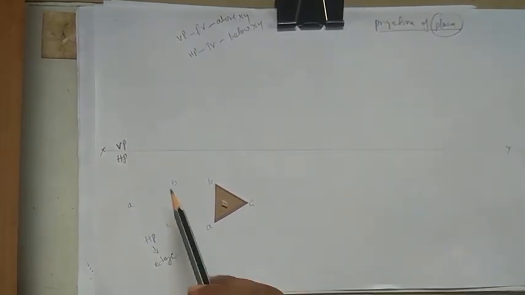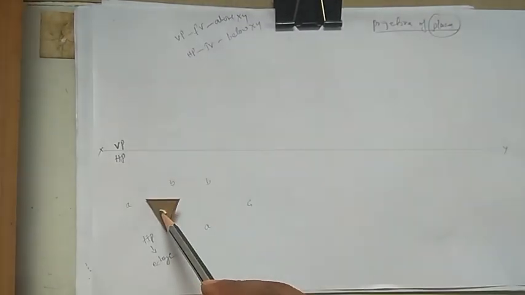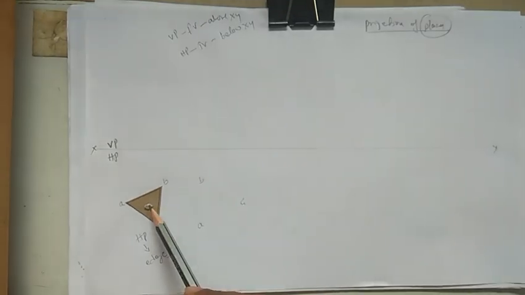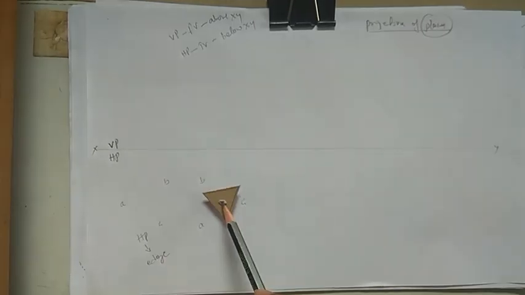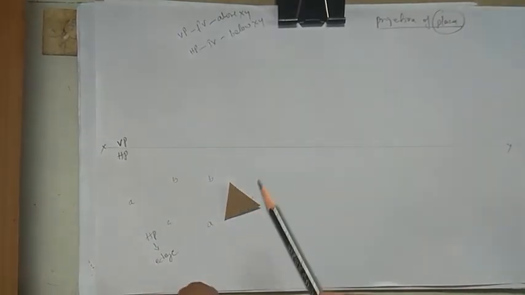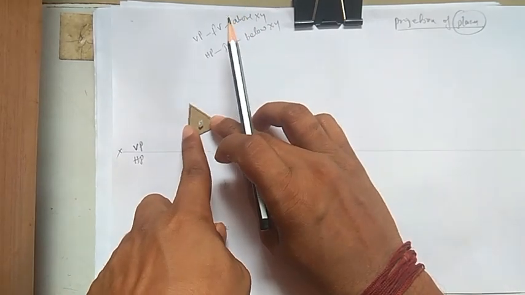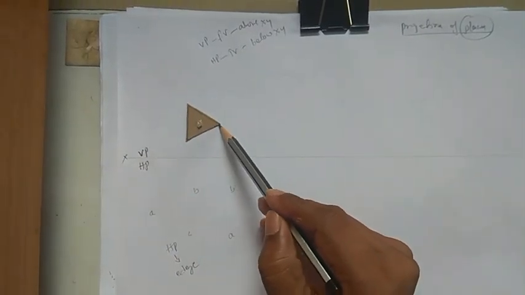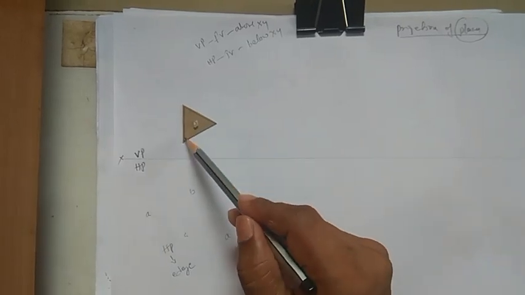Understood, right? So this is resting on the corner, okay, and on the HP, and this is resting on the edge on HP. If the same thing, if they say it is resting on the VP, so the lamina will be here above the X value. So now this is the lamina resting on the edge.